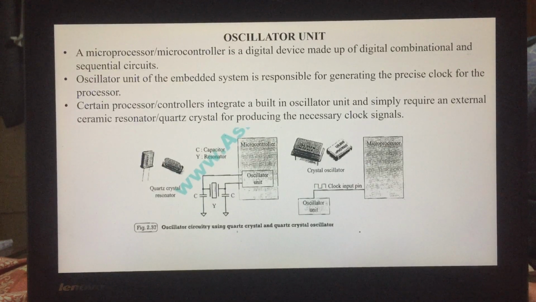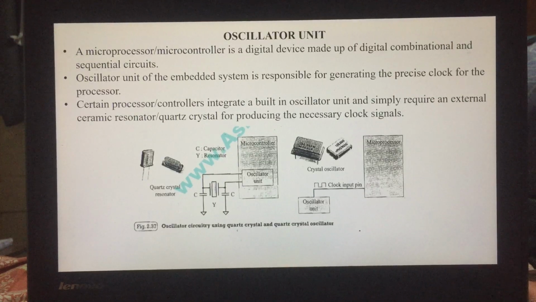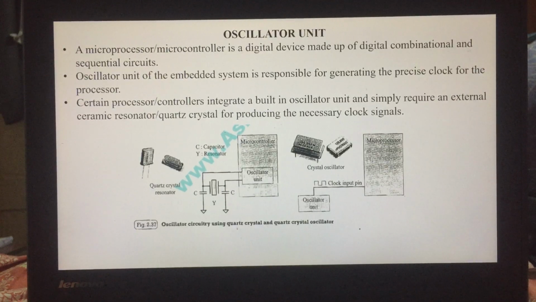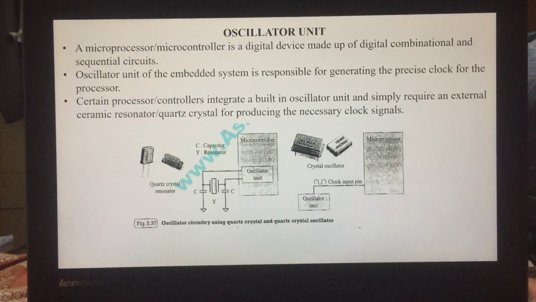Quartz crystal oscillators are available in the form of chips. They are used for generating the clock pulses. The speed of operation of a processor is primarily dependent on the clock frequency, but we cannot increase the clock frequency blindly for increasing the program execution speed. The logical circuit present inside the processor sets the upper threshold value for the maximum clock speed of the system on which it runs.